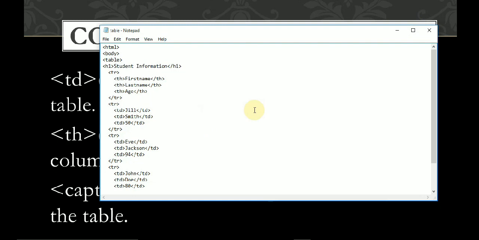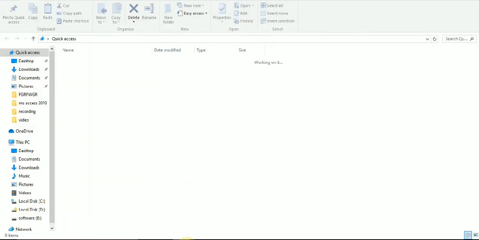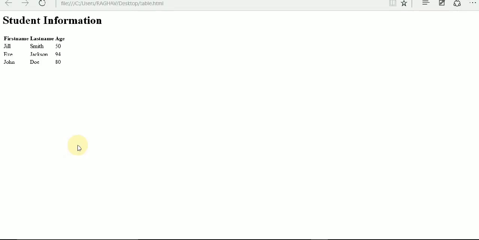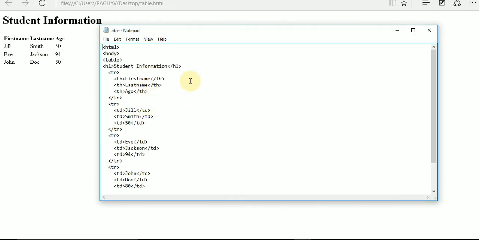We just go to the program, then see the table, and run it. Here you can see the program, and this is the output of your program.